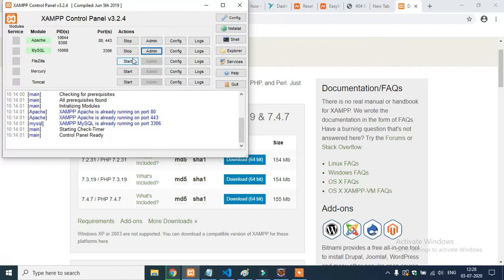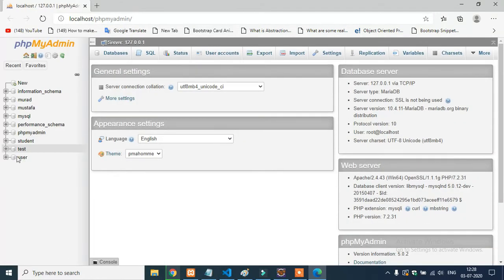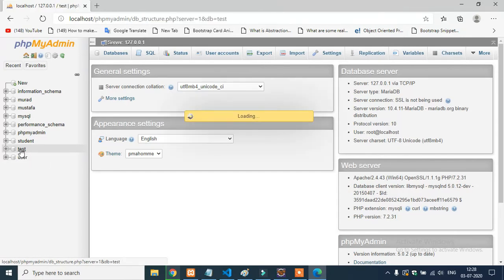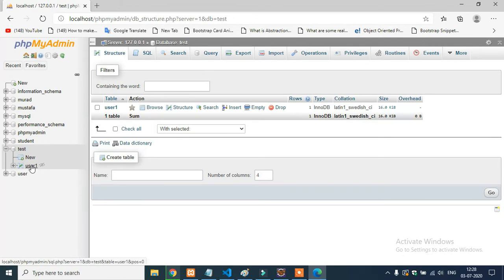When you click over here on admin, it will open MySQL localhost phpMyAdmin. And you see this test database name that I've already created, and inside it the username one is already created. But I'm going to create a new table name.